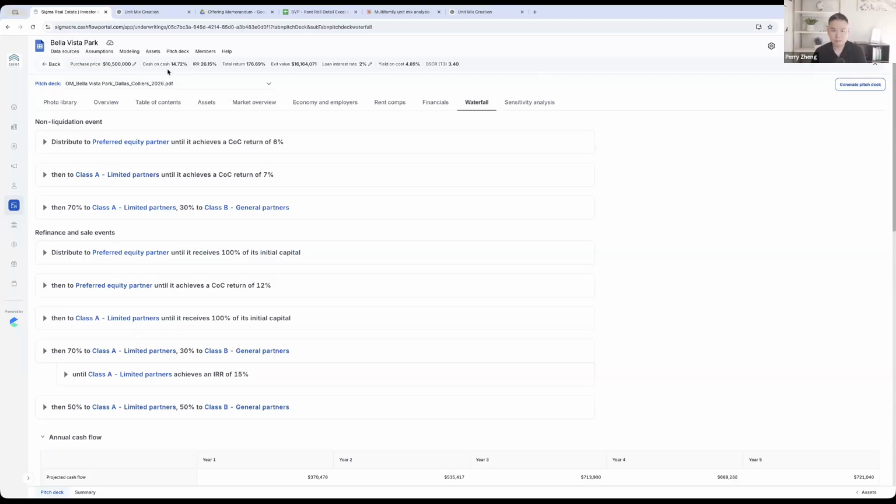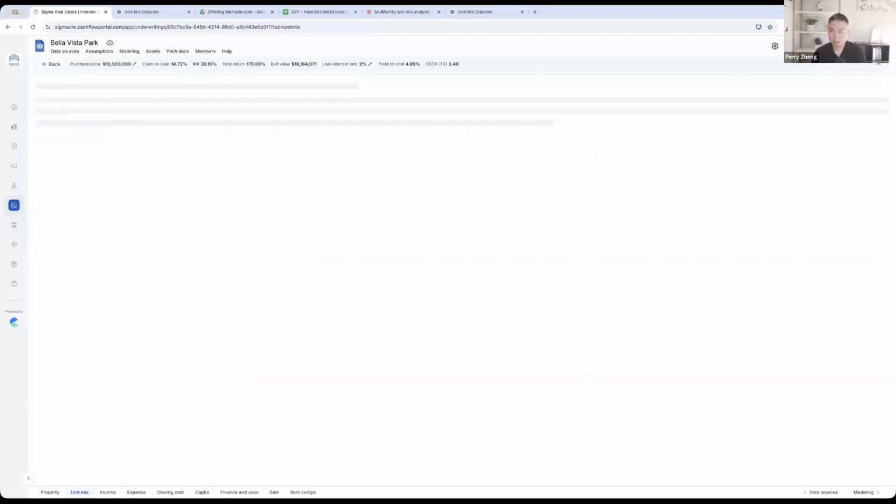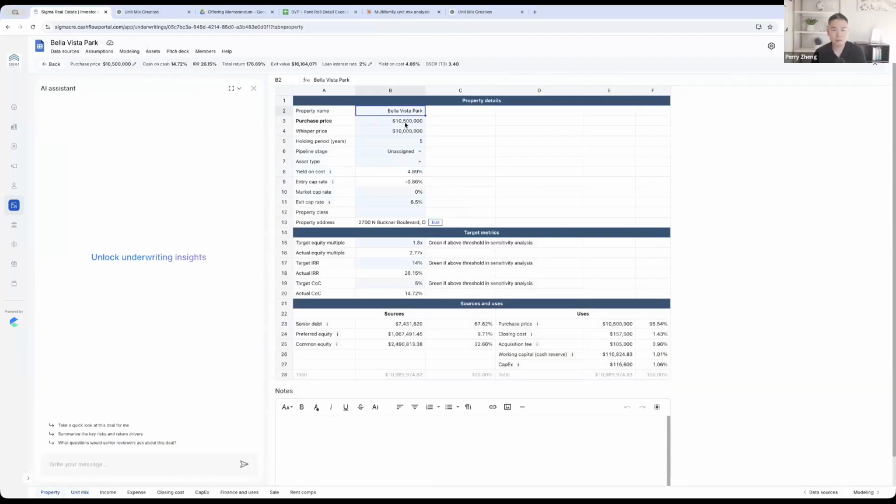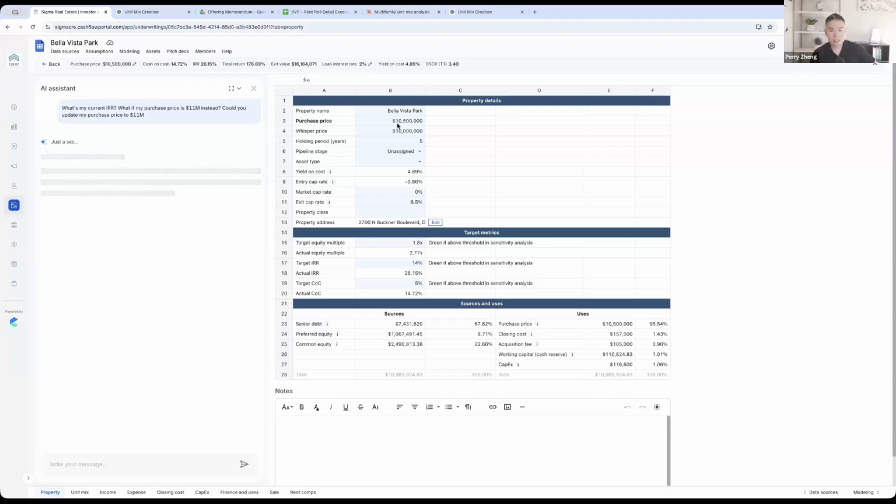Okay, so that's that. And then the last thing I want to quickly show you guys is, let's say I come in here and go to property. Right now it's 10.5 million, and you can ask it, what's my current IRR, and what if my purchase price is 11 million instead? Could you update my purchase price to 11 million? You can see right now the purchase price is 10.5, and then